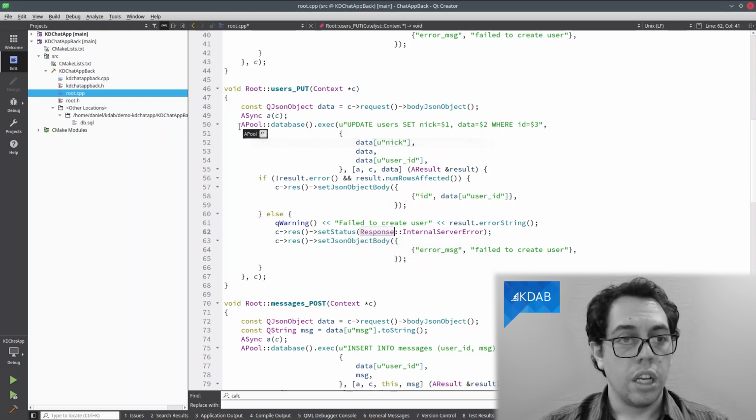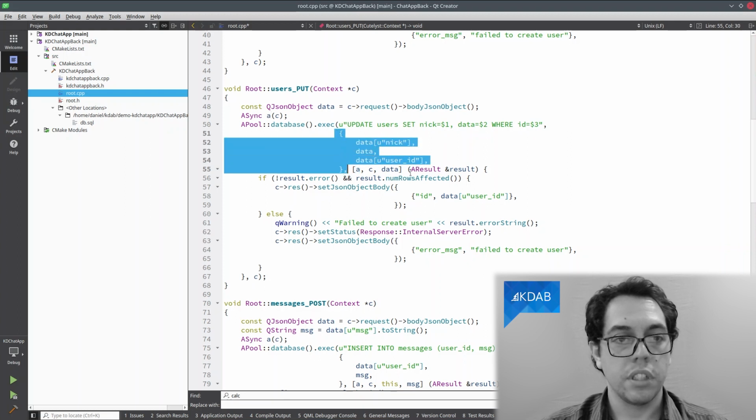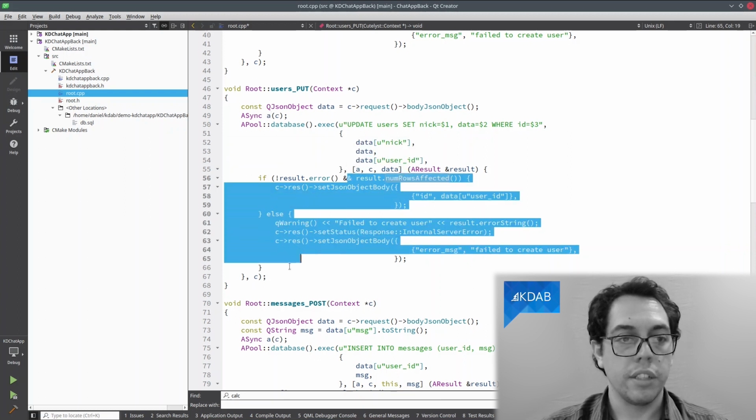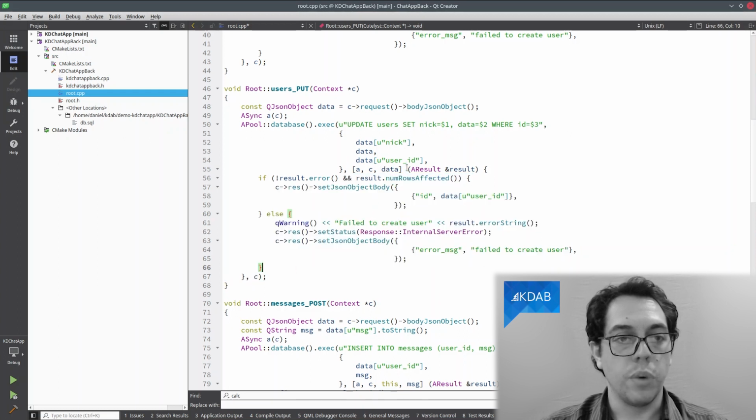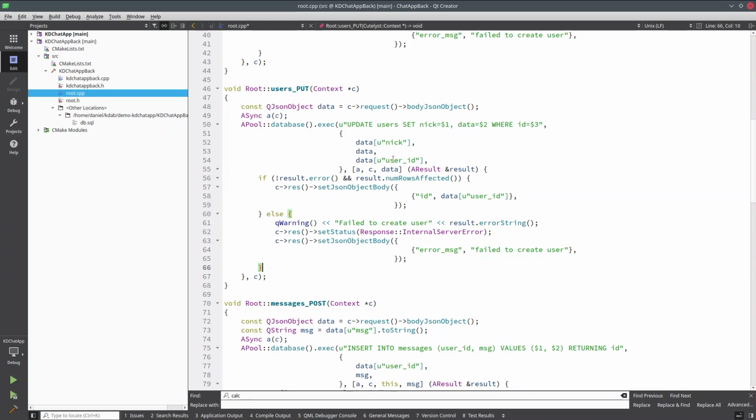So here, this is Qt list, making sure this request is not sent when the method is finished. So this async call makes sure that while it is still alive, because it's captured here, it's not going to finish this request. Here we get a new connection from the database, execute the function. Here we have the parameters, and here we have the callback that is called when we have a response from the database.